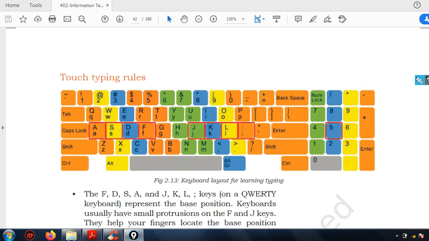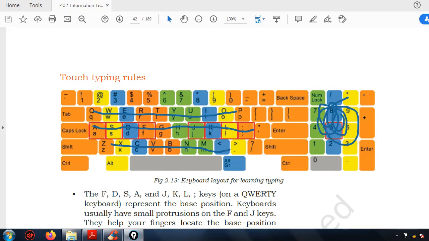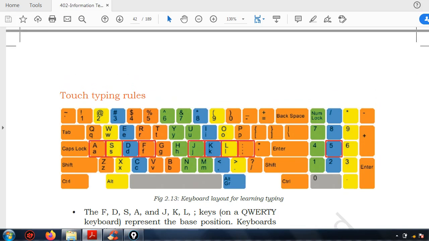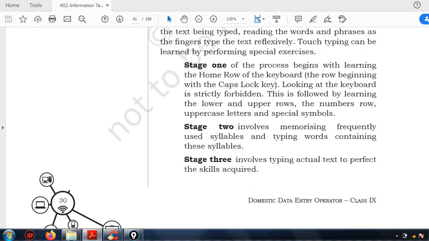So first you have to master the home row, then the upper row, then the lower row, then the number keys, and then upper case, lower case, and the special symbols. So this is the pattern of the stages.